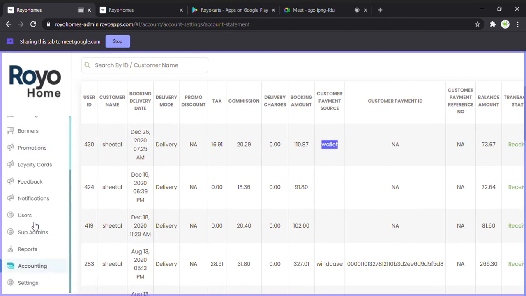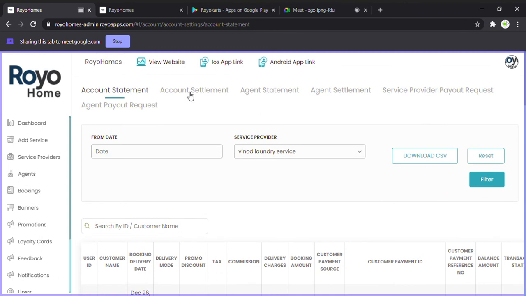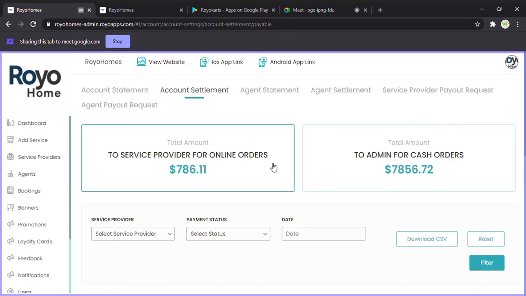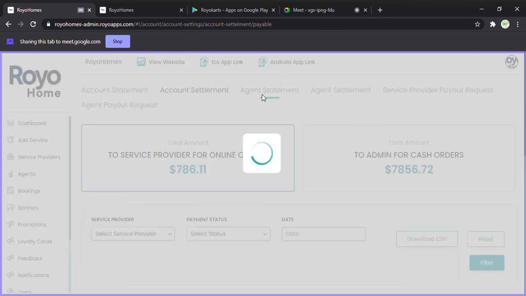Okay, and also you can settle the accounts. For example, there is a person who has a lot of cash with them, you can take in the money, or accordingly if there is a person who has a lot of wallet balance, you can select and accordingly make the payments to them. Then agent statement,